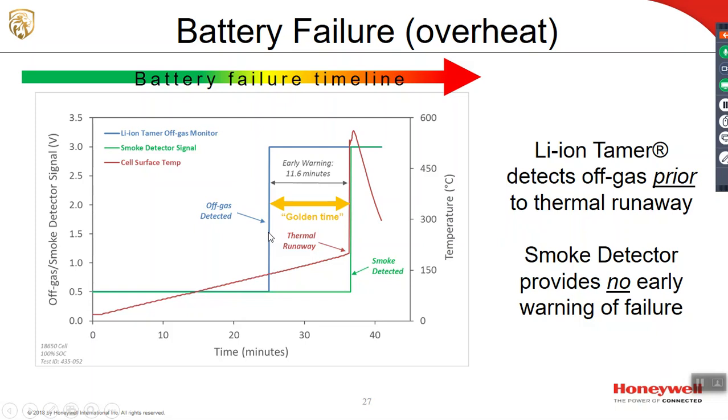Now, we did not stop charging, or we did not stop heating the battery, because we wanted to see how much of an early warning we can get to show the customer. So once it started off-gassing, we kept the abuse factor going, and at 36 minutes, that's when the battery caught fire, which means the separator was cracking or cracked, melting down, and then the positive is mixing